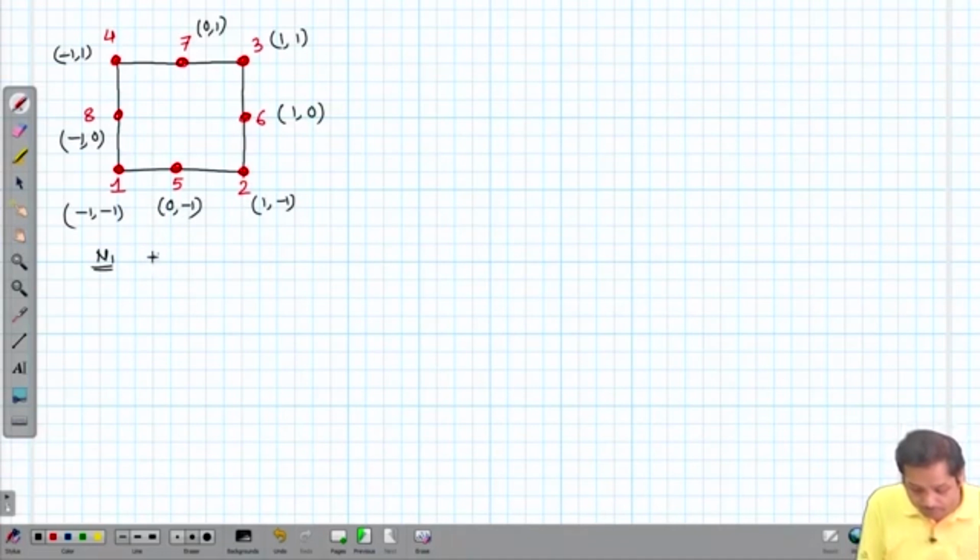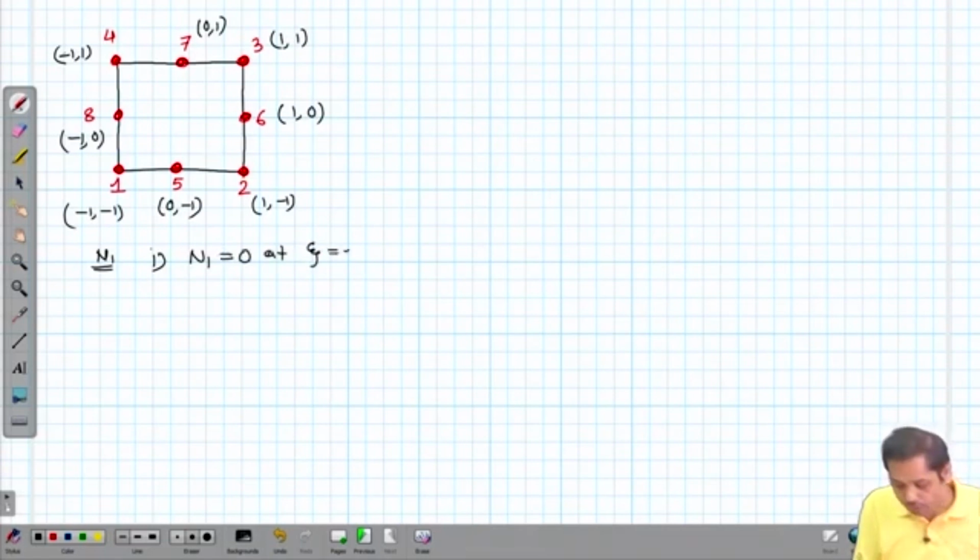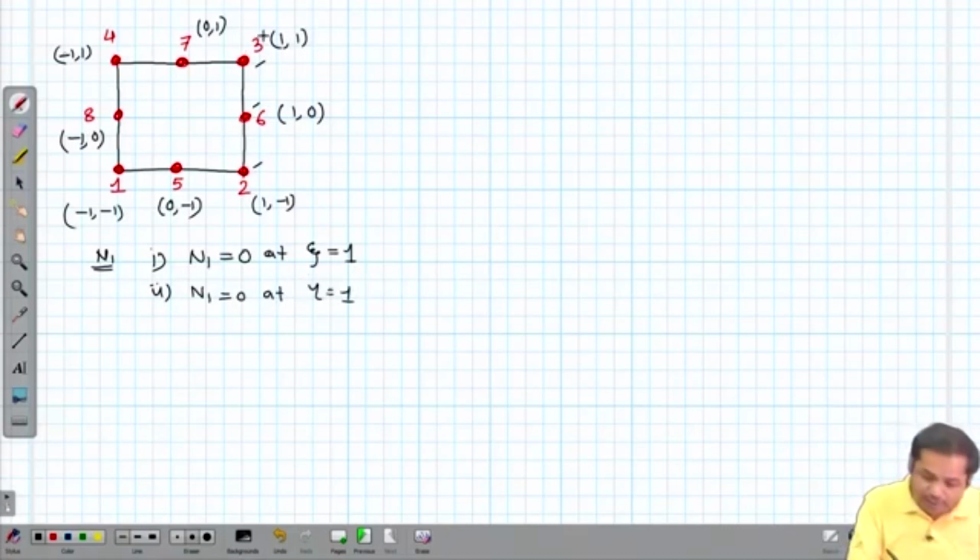First condition is N1 is equal to 0 at xi is equal to 1. Xi is equal to 1 means all this line, 3, 2, 6 line, this line. This point, this point, this point, this point, N1 must be equal to 0. Then second condition is N1 is equal to 0 at eta is equal to 1, means at this point, and